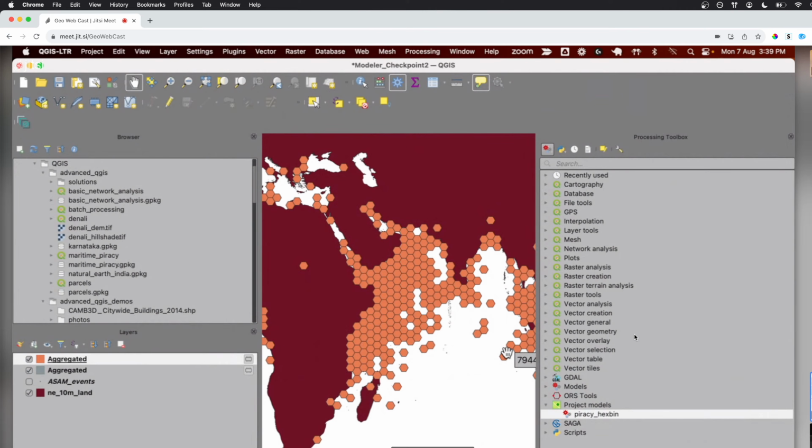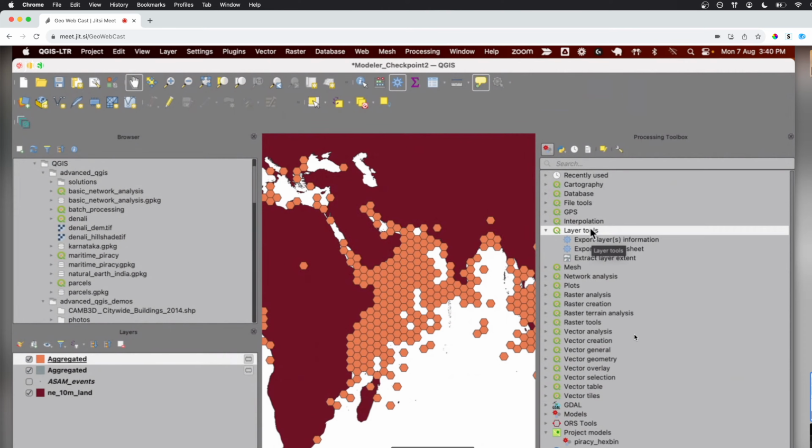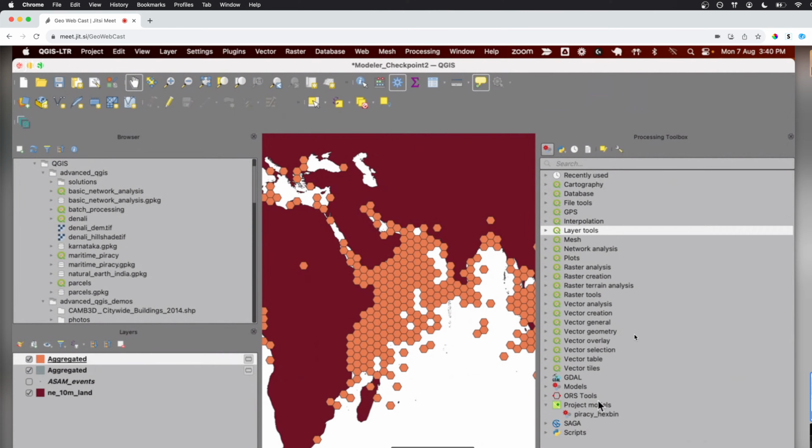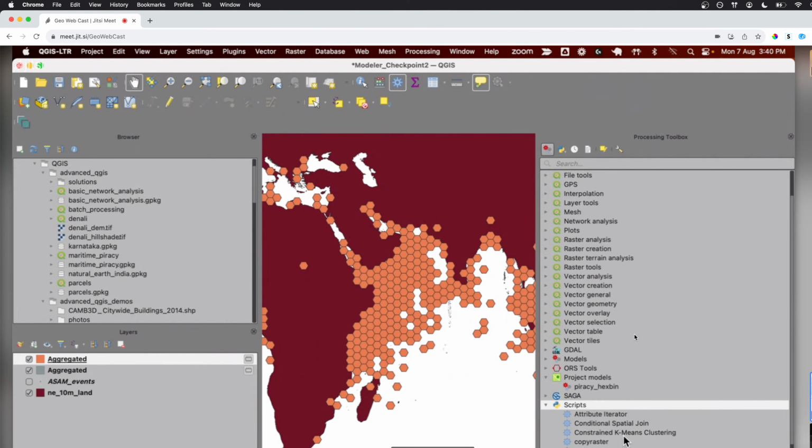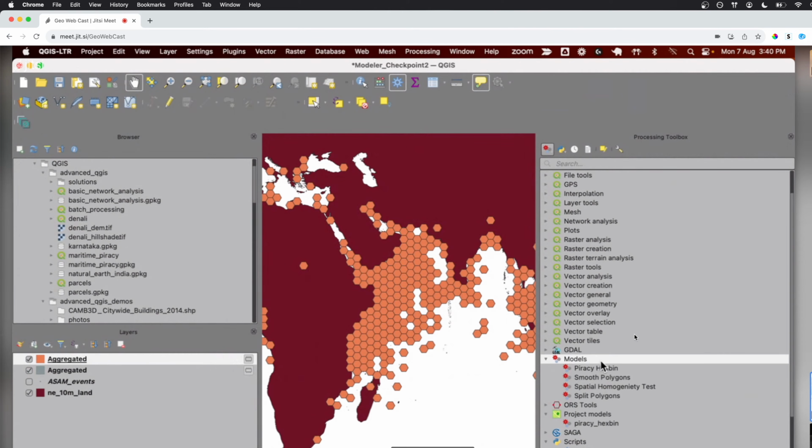Yeah, so there is a slight difference. All the tools here, QGIS calls them algorithms, which you can think of as one script that you wrote. What a model does is allow you to combine multiple scripts together as a workflow. If you want to write your own script, you can see there's a scripts tab. This is where you can write your own scripts, and they can also be combined with other scripts. Say I have some algorithm I developed and I want to write a script: you write your own Python code in the processing, but that is one piece in your model which you can put anywhere. So what you said is partially correct, but a model allows you to bring all of this together in a workflow.